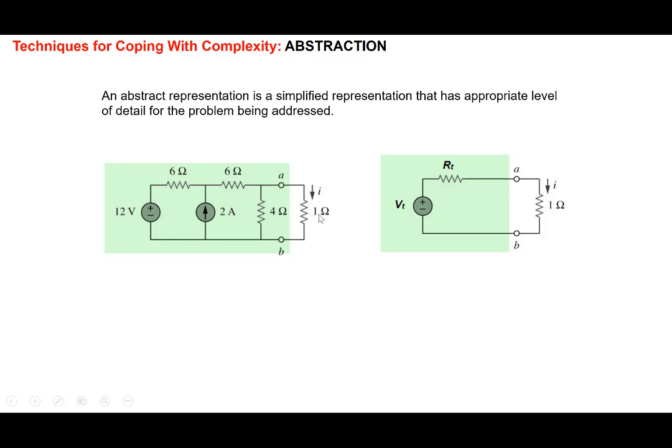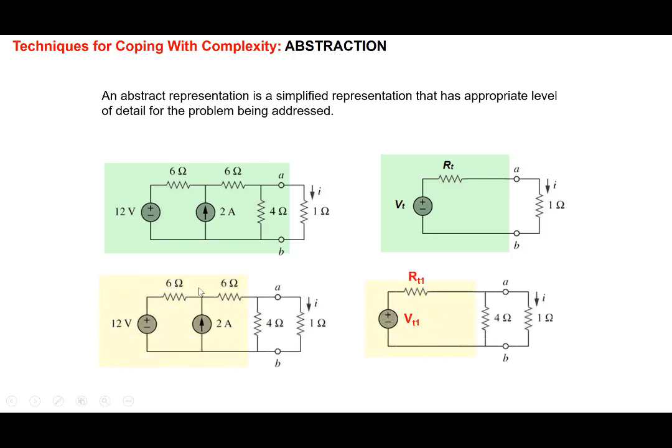And if our interest is not in 1 ohm, but let's say the 1 ohm and 4 ohm resistors together, then we could take this part of the circuit and transform it into again a Thevenin's equivalent like this here. So obviously the circuit that you see here is much less complex as compared to the original circuit here. And if we had 100 components and we had just reduced it to, let's say, 3 components here, there's a drastic reduction in complexity, and